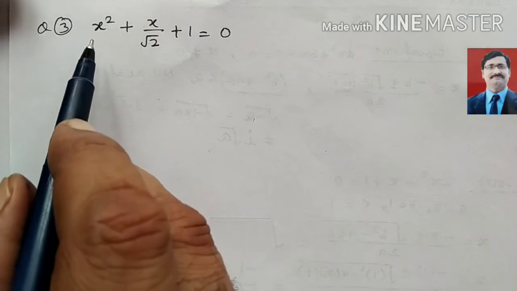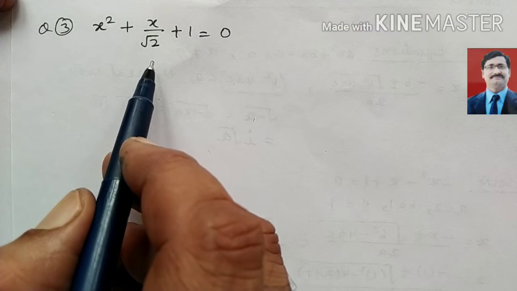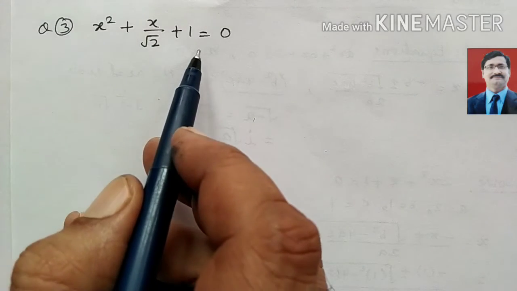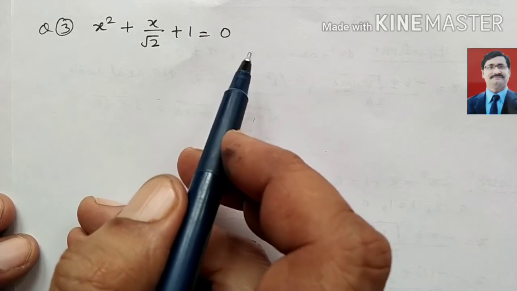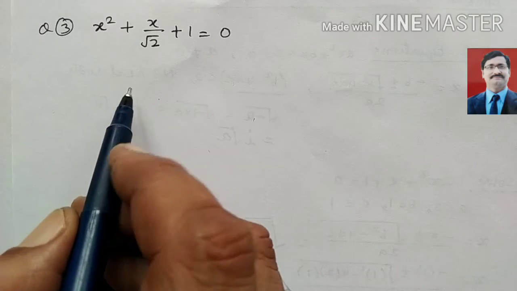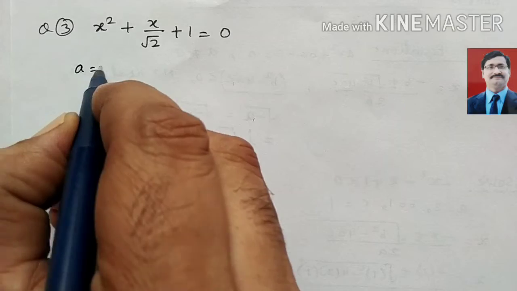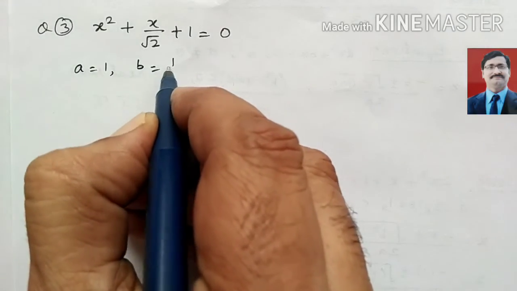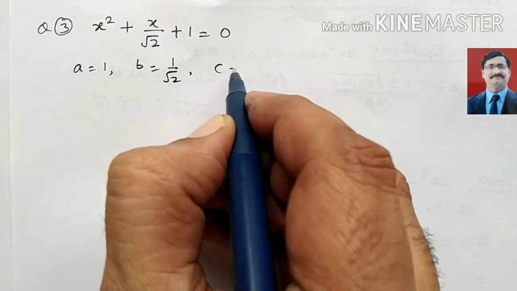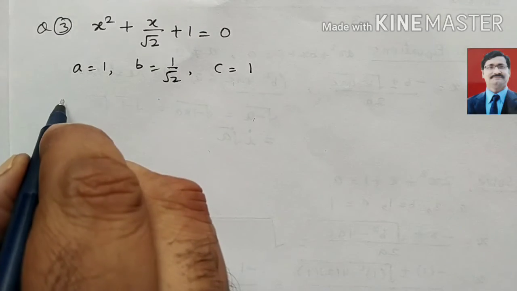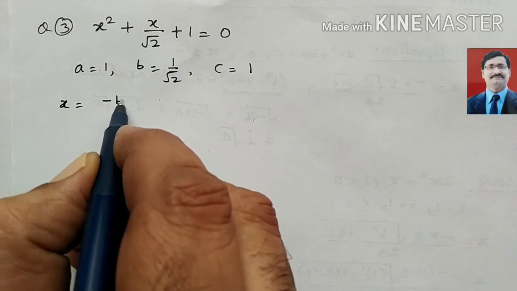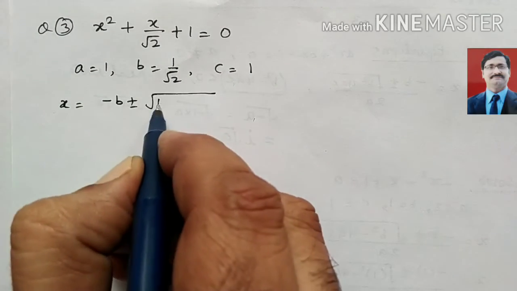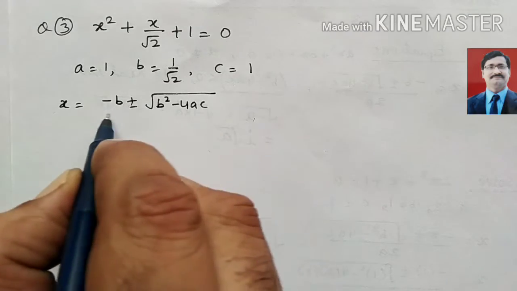Look here, this question: x square plus x upon root 2 plus 1 equal to 0. This we have to solve. How can we solve? You have to understand, this is a equal to 1, b equal to 1 upon root 2, and c equal to 1. You can write here, now the formula is x equal to minus b plus minus root b square minus 4ac upon